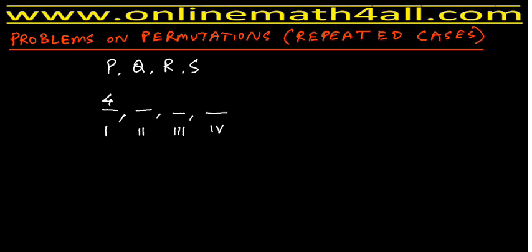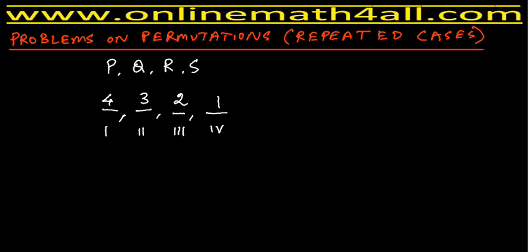Since only one letter has been fixed in the first blank, we have three letters remaining. So for the second blank we have three options. Even though we have three options for the second blank, only one is going to be fixed. If one is fixed in the second blank, we'll have 2 letters for the third blank. So the third blank has 2 options, and only one letter is fixed. Finally only one letter will remain, so the fourth blank has only one option.